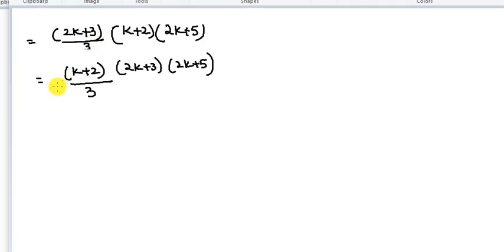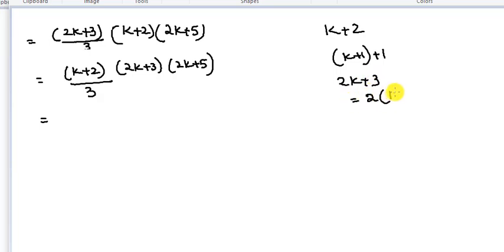So now if we express this k plus 2 as k plus 1 plus 1. 2k plus 3 can be expressed as 2 times k plus 1 plus 1, right? And 2k plus 5 is 2 times k plus 1 plus 3, right? So substitute all of that. For k plus 2, we say k plus 1